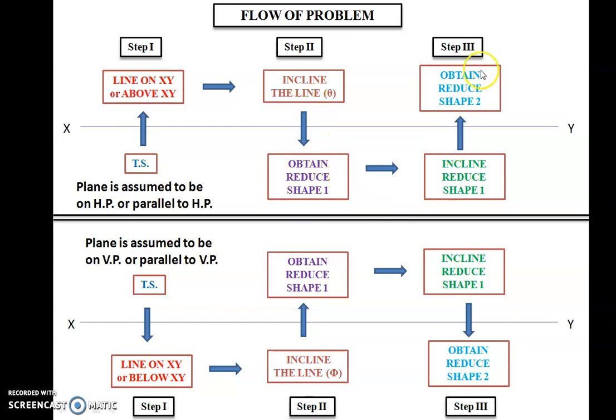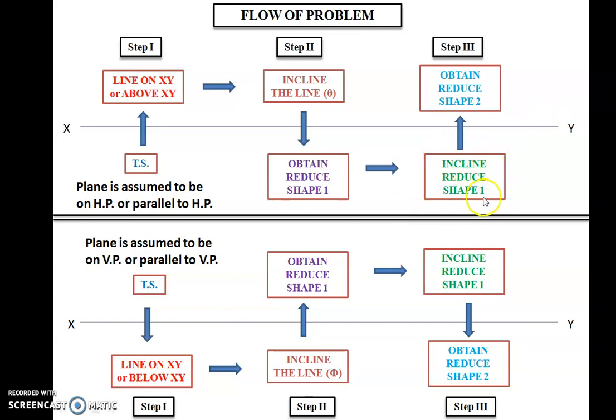Now moving to the step 3. Now what will happen in step 3? You will incline this reduced shape 1 which you have obtained in step 2. Now it is in top view, so the inclination required will be phi. So here the reduced shape will be inclined by inclination phi. So you can see that whatever the shape obtained here, the same shape you will be redrawing here with inclination phi. So no change of shape will be here. Whatever is the reduced shape here, the same shape you have to redraw. I am just insisting on the word redraw just by inclining that particular reduced shape by angle phi.